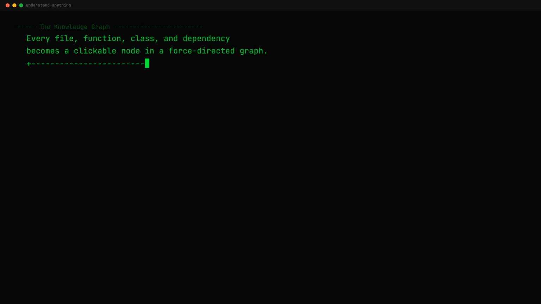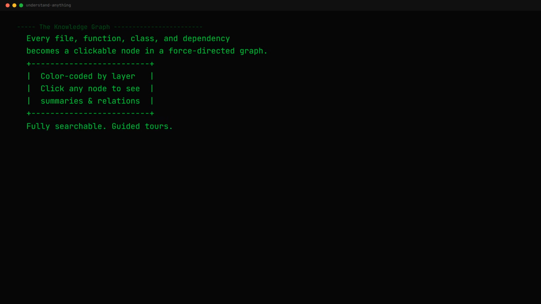Every single file, function, class, and dependency becomes a clickable node in a beautiful force-directed graph. Nodes are color-coded by their architectural layer. You can search through everything instantly. Select any node to see a plain English summary, its relationships to other components, and auto-generated guided tours of the